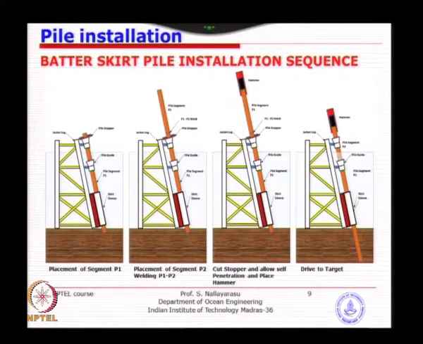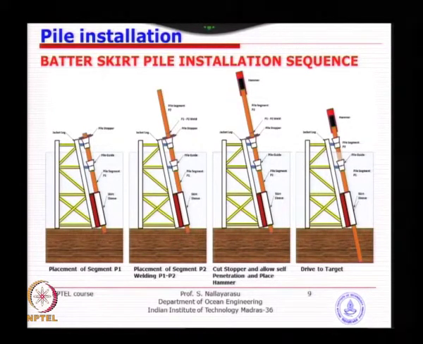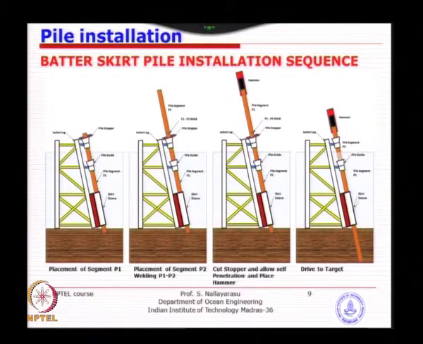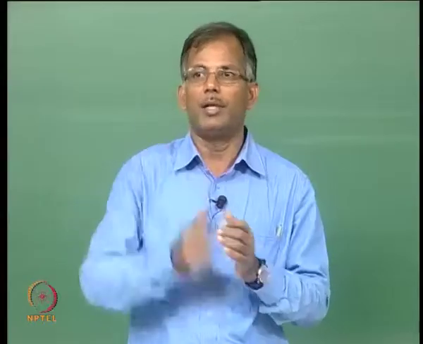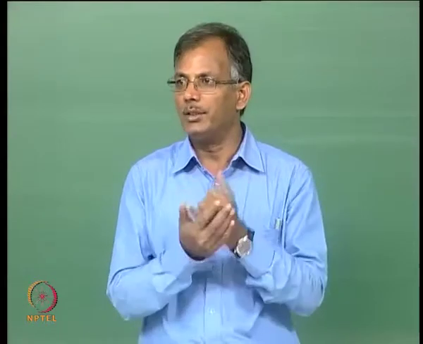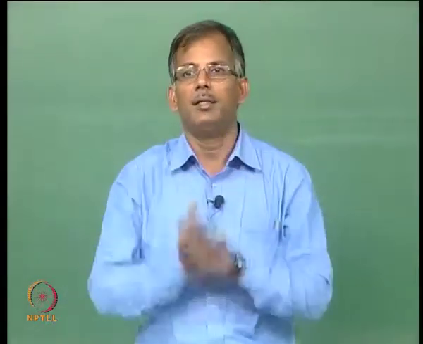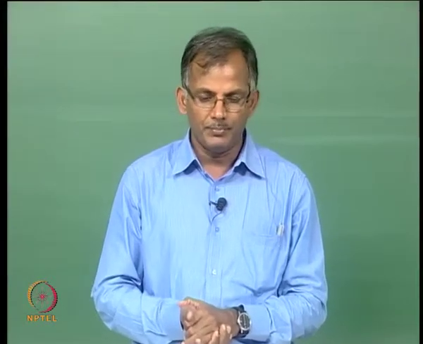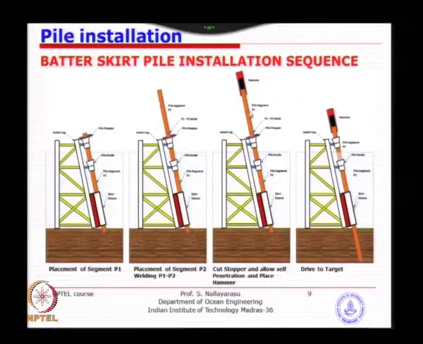Initially you should drive with a lower energy requirement. You do not know what the strength of the soil will be initially. So you should start driving slowly, meaning the number of blow counts is lower and the energy is lower, that means the height of fall is going to be smaller. You plan in such a way that once you drive that, you bring it again, add another section, and put the hammer back. This sequence should continue until you have exhausted all the segments and reached the required penetration into the ground. Then you can finish that pile, then go to the next pile and the next pile.